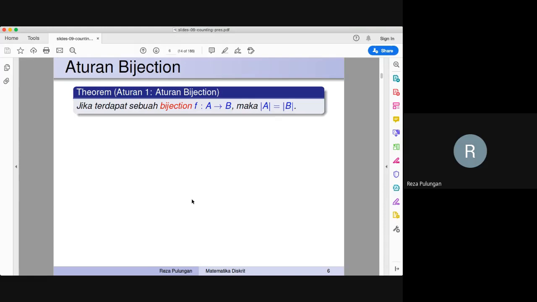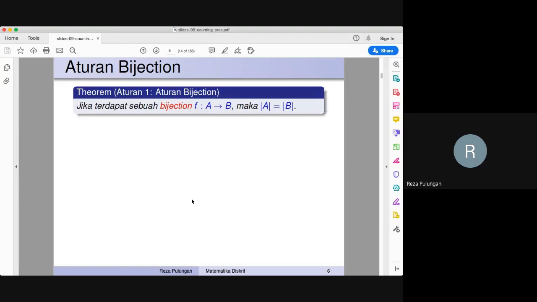That means for each element in A, there must be one and only one element in B. So the mapping creates a one-to-one correspondence. Then the number of elements, or the cardinality, of A must be the same as the cardinality of B.